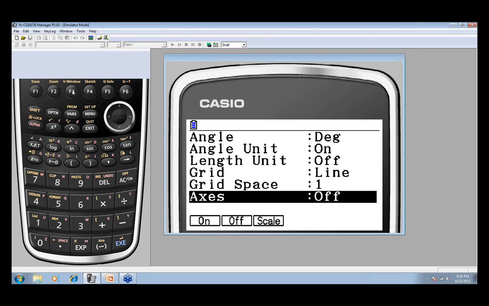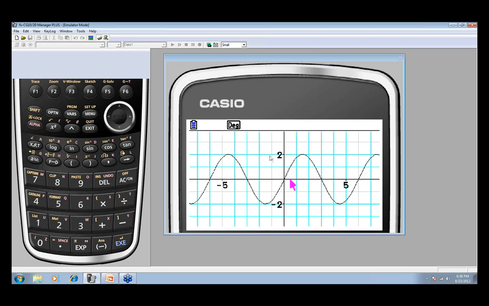And I do want to see my scale. So under axis, turn on your scale, and now press exit. And now you have your graph with actual grid and scales on it. Now I need to move my pink mouse back to my graph. And one of the nice places on the graph is actually right here at the origin. If I press 5 on my keypad, it's always going to take me to the center of my graph.